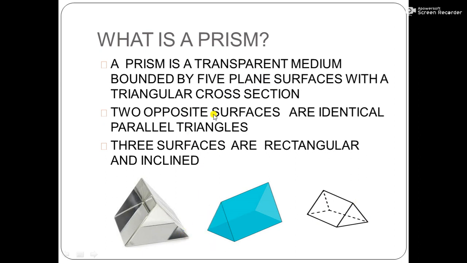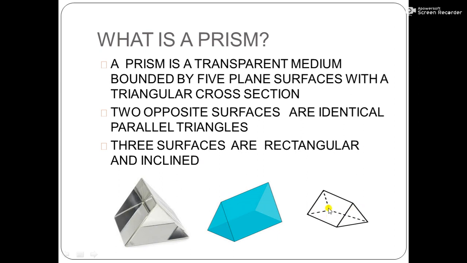Two opposite surfaces are identical parallel triangles. And three surfaces are rectangular: 1, 2, and the base is also a rectangular surface. These three surfaces are not parallel but inclined at